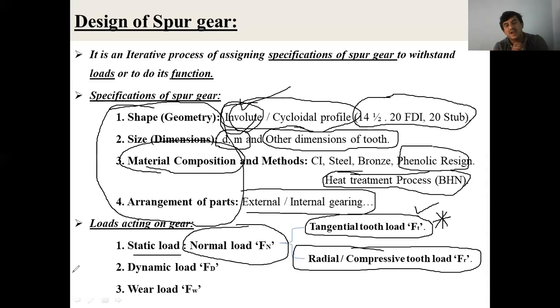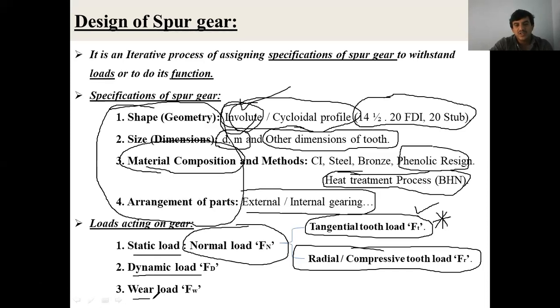The gear tooth may undergo bending, or there may be bent shafts, right? There are many other reasons. Also, when a load is suddenly applied, a shock and impact load acts from one gear to the other gear, suddenly transmitting the motion and power. What type of load does this come under? Dynamic load. In a dynamic load, both magnitude and direction change with respect to time. That load is called a dynamic load. Or when the body is accelerated and the velocity changes with respect to time, then you can see the dynamic load.